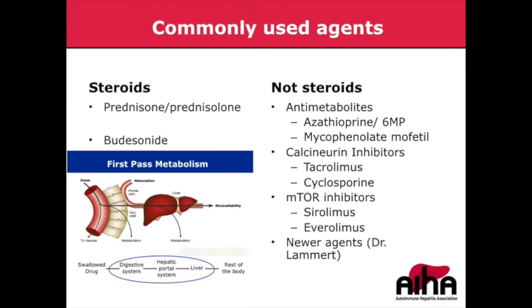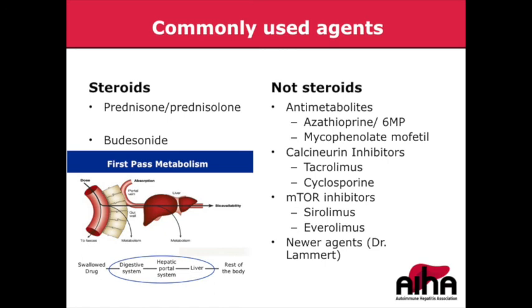And then there are some other classes which are worth mentioning. The CNIs, calcineurin inhibitors: these 2 agents work through the calcineurin pathway to inhibit the immune system. They're used very commonly in solid organ transplant. Tacrolimus is the main agent for use in most liver transplant programs in the country. Cyclosporin was the head honcho before Tacro came on board. They've been studied in autoimmune hepatitis, but in much smaller numbers, although they seem to be effective as second-line agents for steroid-refractory AIH that has failed azathioprine or CellCept in combination with steroids.